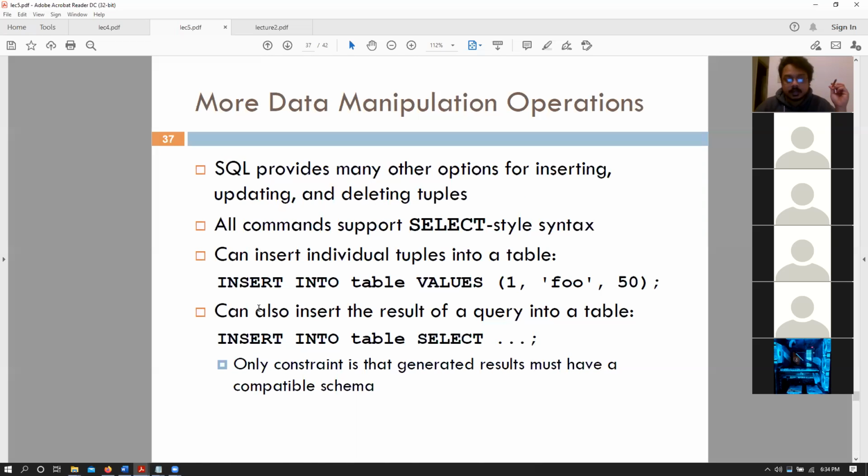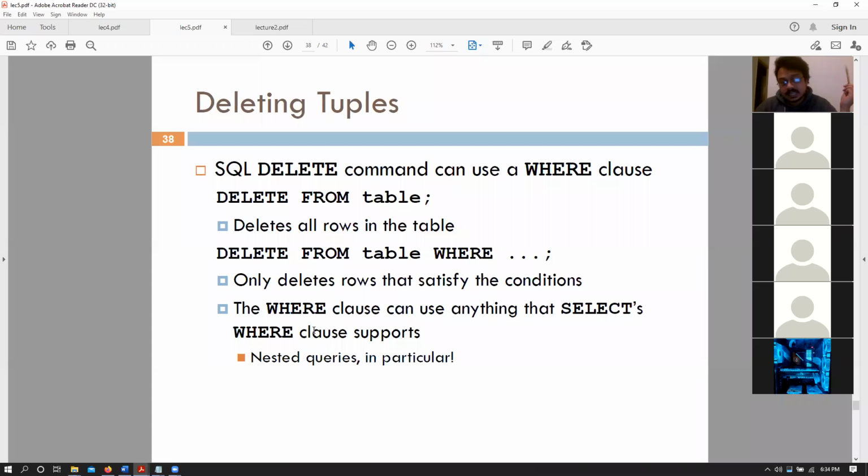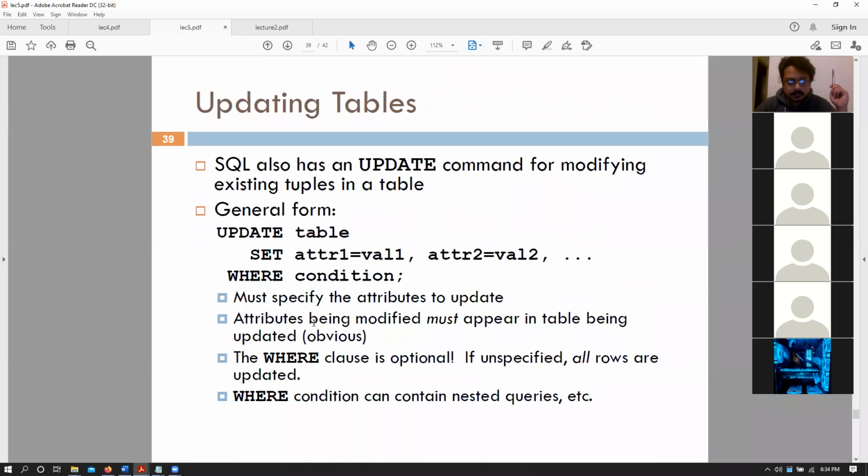We also have more data manipulation operations, such as insert into tables. We have insert into values, but again we can use select, so have your subqueries inside an insert into operation. Same thing for delete operations, and I believe we are almost done. What else is there?